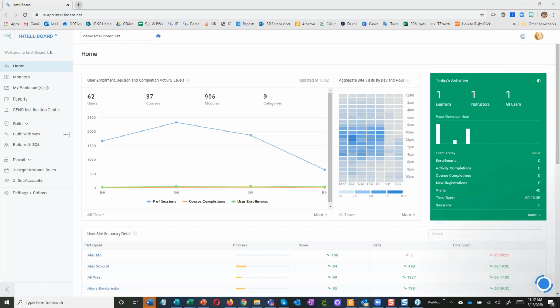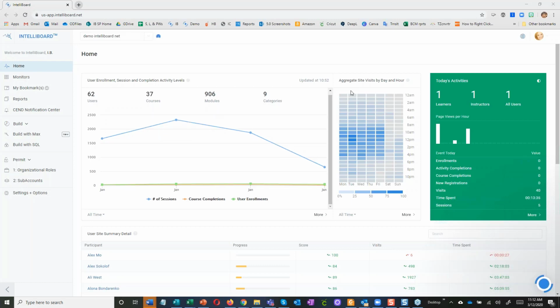This is going to provide you real-time data. IntelliBoard displays the Moodle data that stays inside of your Moodle site. We do not copy, store, or duplicate your Moodle data. It stays inside of your Moodle site, and we present your data to you in this super admin view as a JSON object in a temporary session. So just wanted to get that out of the way and let folks know that we are not storing or duplicating any data.